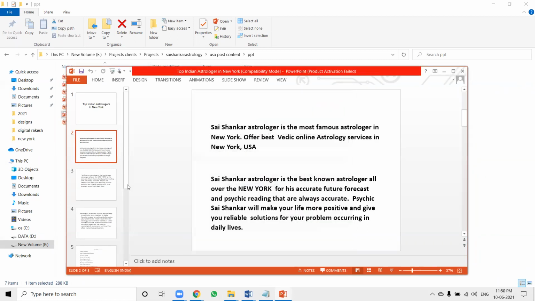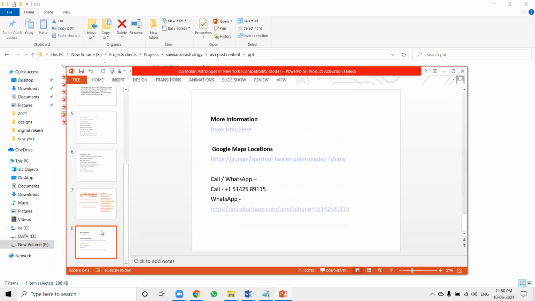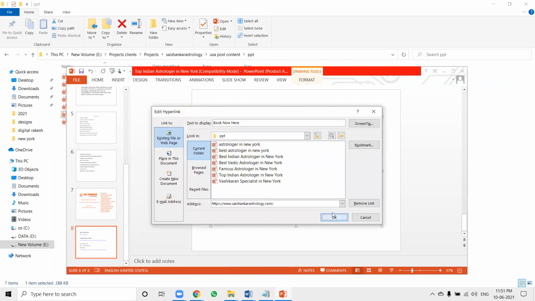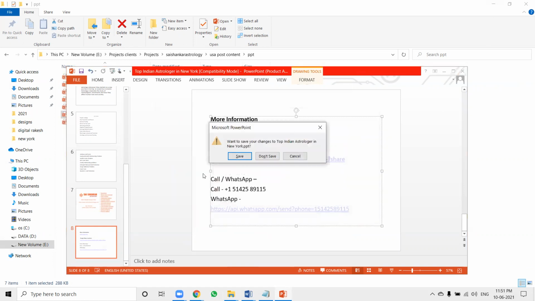I'll show that small difference, how it happens here. Link is working, link is working, link is working. Check whether the link is working or not. The link is working properly.